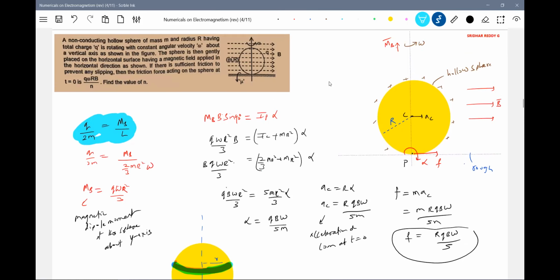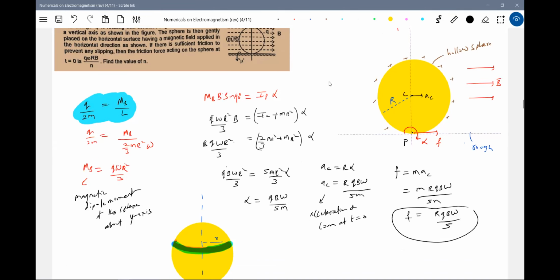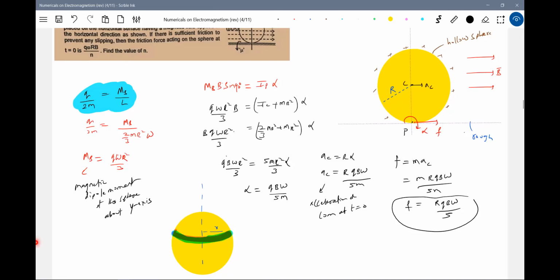Getting it now? The use of this formula is what I just wanted to insist on. Or else you should know the dipole moment due to a non-conducting charged sphere, a charged hollow sphere, when it's rotating about any diameter. So better remember cone, solid sphere, disc, rod, or shell, the different charged bodies from electrostatics. Go back there, different types of charged objects, you know it. Remember them. Take that body: if it rotates about different axes, what is the dipole moment? You must be ready with the data, or else use the alternative, or else the last option, integration. Okay, let's take another one.